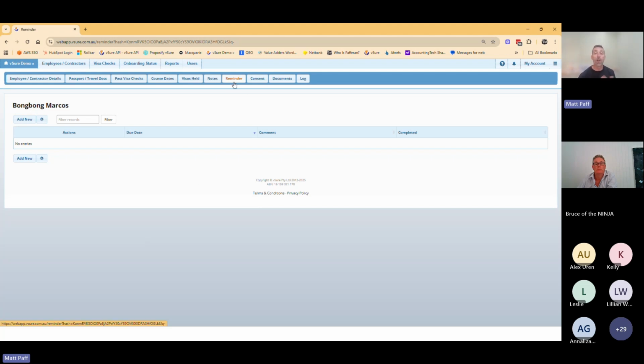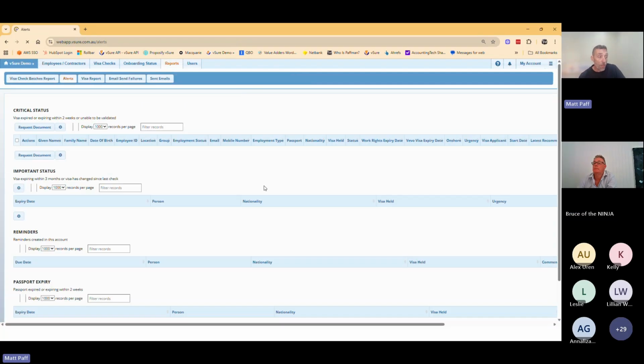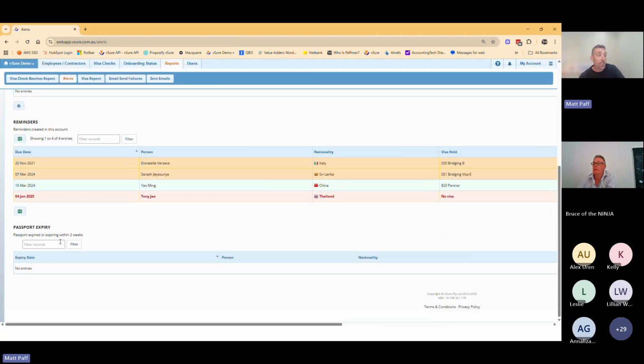So the reminders is a great way of just basically having these little triggers, and it does appear on the alerts report. The other thing that appears, and I mentioned this before, is any passport expiries. If you are tracking passport expiries, it's a good way to keep on top of preventing the system moving into critical once an employee has transferred their visa onto their new passport.